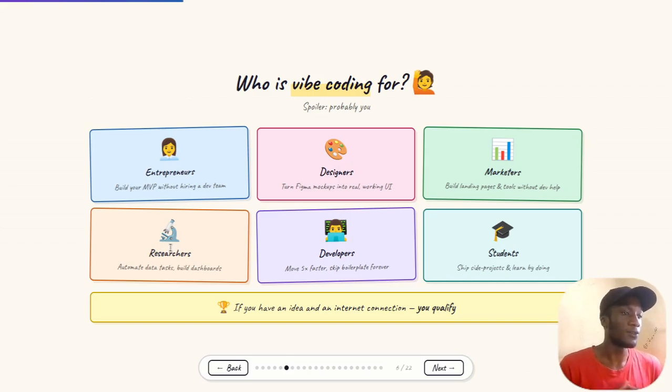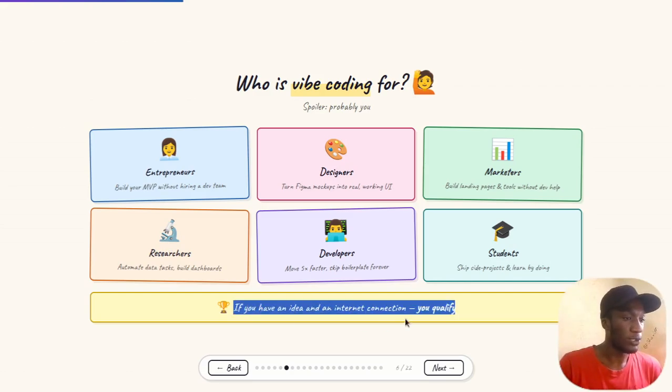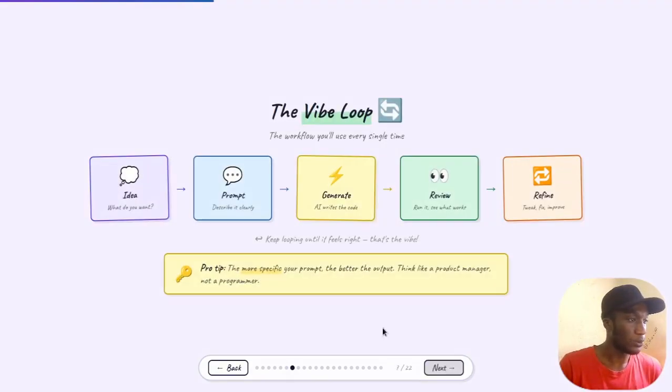I've told you it used to take even a year just to build a fully fledged product or an app, but now you can build it in one afternoon or a day. Students are using it to ship projects and learn by doing. If you are a student, you can just use AI for building your tools and then deploying them onto the internet. And you can use many free AI tools like Anti-Gravity.